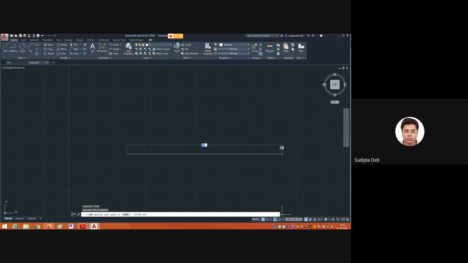When it is in blue color, that means it is on. Now move your cursor, drag it in this direction. Now the distance given in the figure is 128. Press single enter.